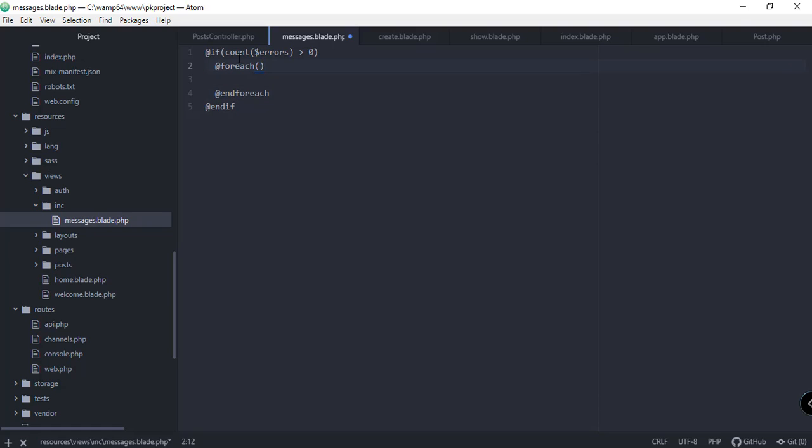Inside this foreach we're going to iterate the errors, and this is an object, so all and then as error, and of course we're going to define